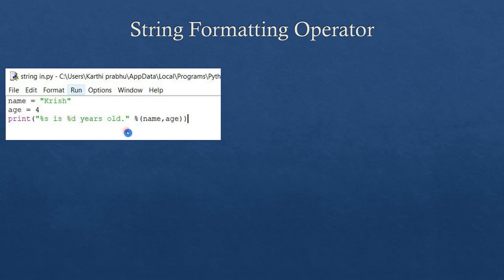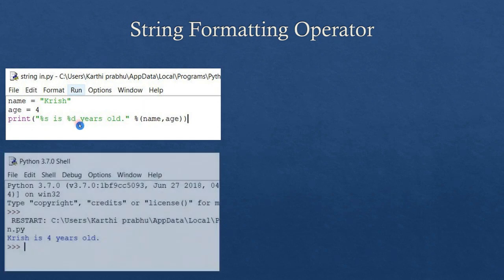Okay. So here I'm just giving what the percentage should do. It has to add the name and age. I'm just giving it in the same order. First, the name should be printed, and in the next percentage part, age should be printed. Okay. So let us see how it is going to display it. The output will be like